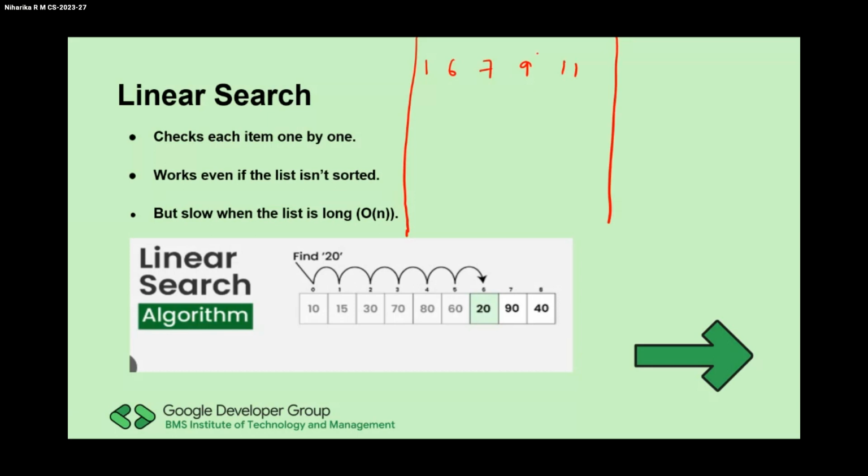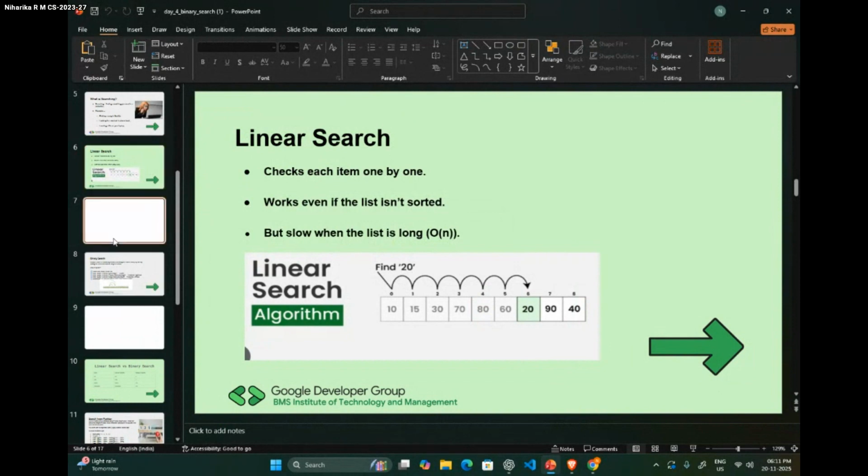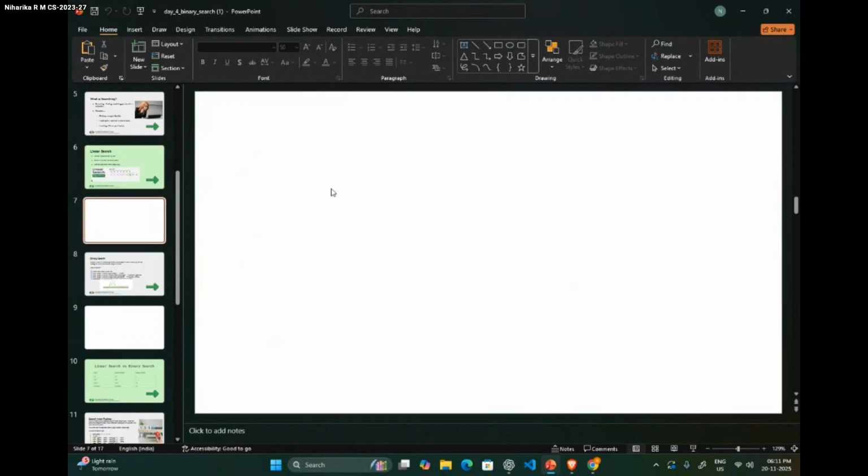This is for linear search. And here also I'll take 1, 6, 7, 9, 11. I'll tell you the difference between linear search and binary search here.